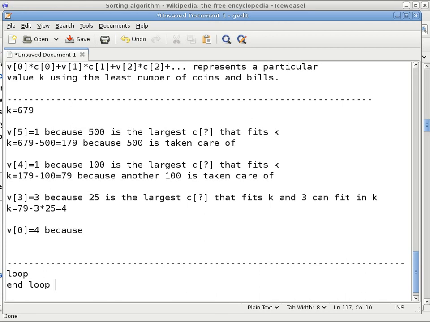Sometimes you do. You have some very special applications where you want to get stuck in an infinite loop, but most of the time you want to get out of the loop at some point. So when do we get out of this loop? When K is